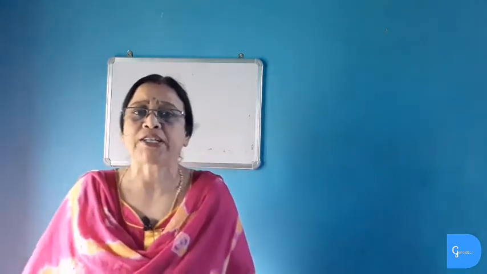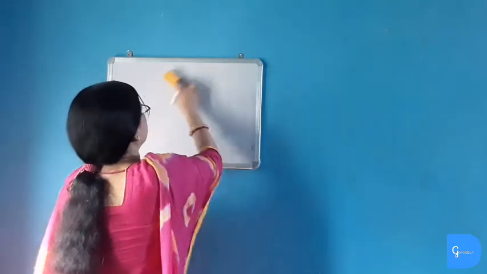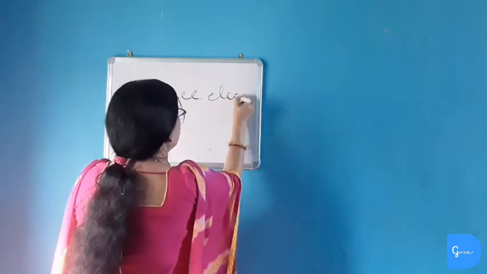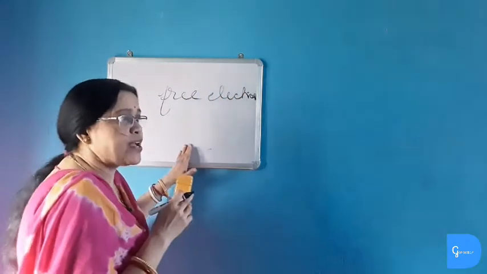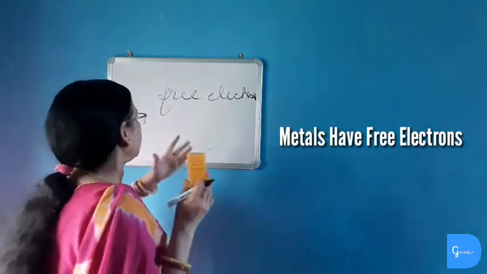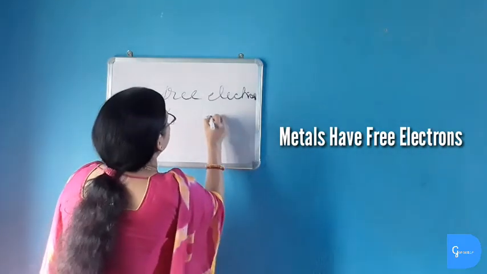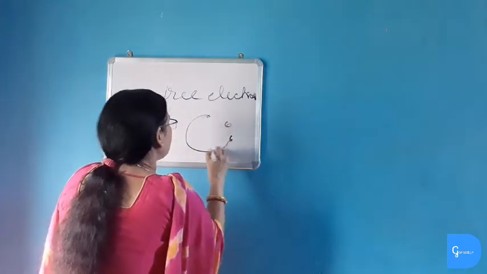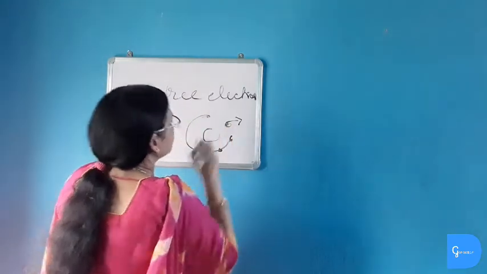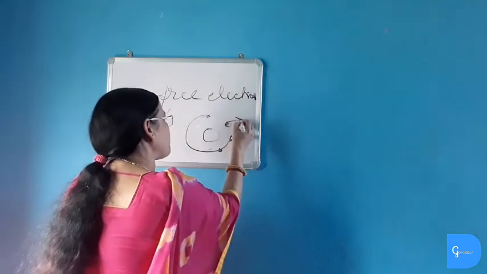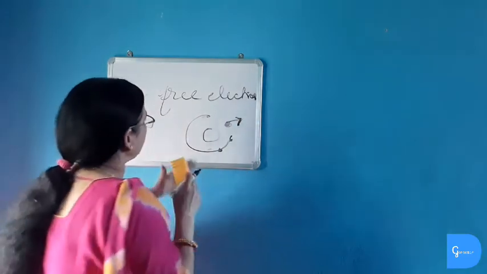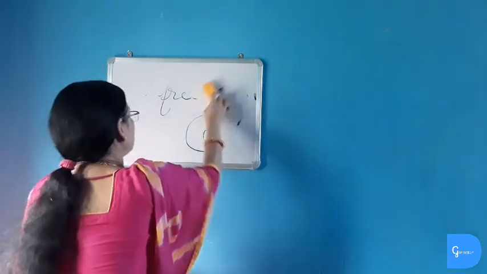Now, why are metals good conductors of electricity? We know that metals are good conductors of electricity because they consist of free electrons. Metals have free electrons, and due to these free electrons, the electric current can flow easily in metal. The free electrons means the electrons in the electronic orbits are very loosely bound with the atomic nucleus in metal, and so these electrons are easily given off, and due to this tendency of giving off electrons, the electrons flow and thus electricity flows from one place to another in metals. Whereas in insulators, what happens?